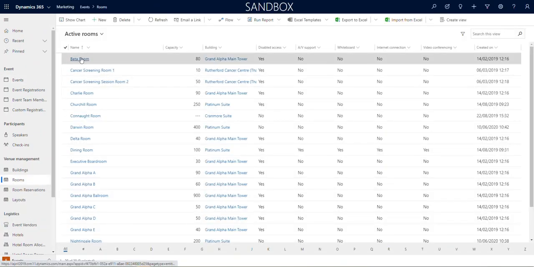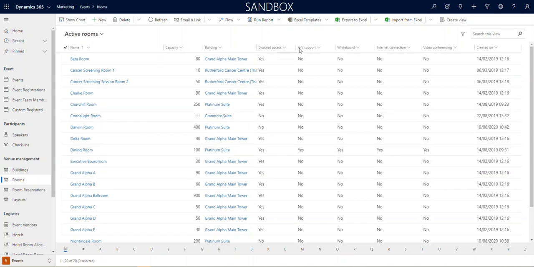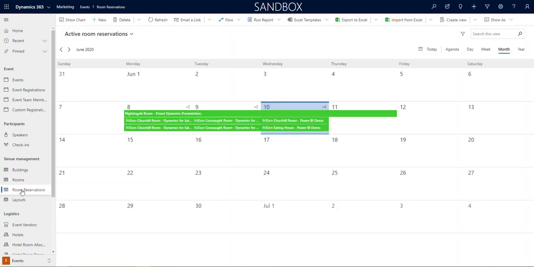So when you see your list of all the different rooms that you've got and the buildings that they contribute towards, again, you can quite easily apply these filters in here, the AV support, whiteboard, internet, when you're building these out, just to see what's what. And then, of course, you can see the room reservation. So at any one time, you'll be able to see any rooms, any buildings, and what's taking place from which events in those different places if you need to. But that's the